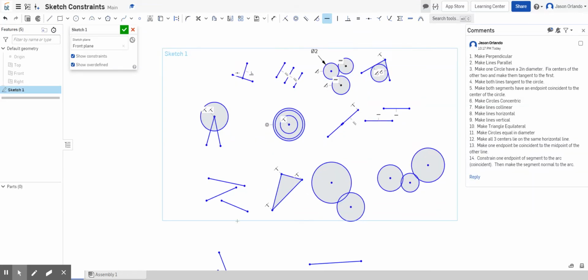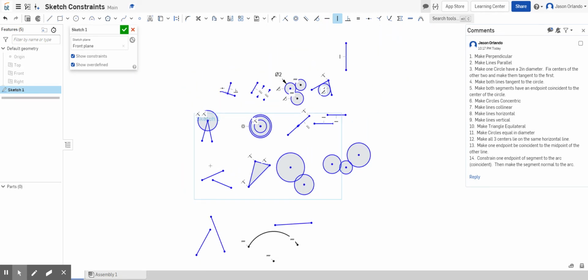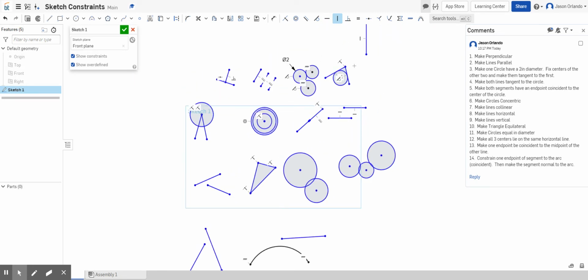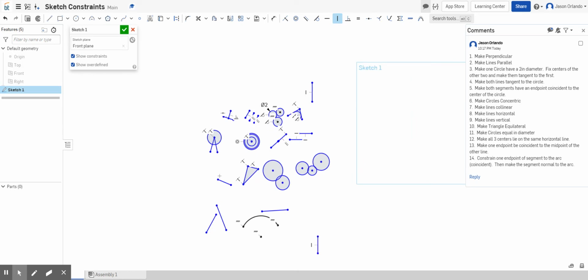Okay, on to number 9. We're going to make the lines vertical. So I'm going to use the vertical tool right here. And where did it go? That's the hard thing. Sometimes these things just jump all over the place. So I'm going to go grab it and bring it back,